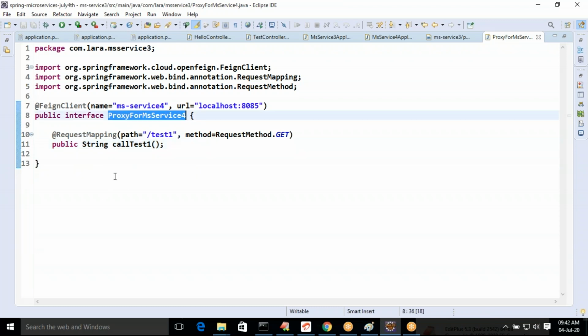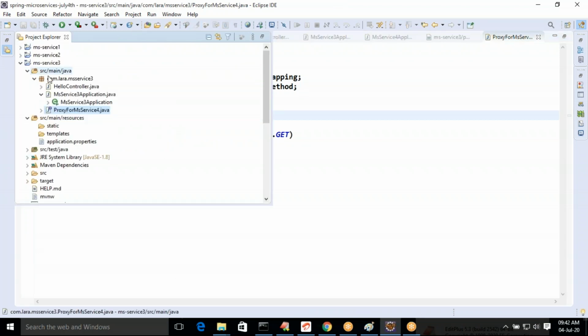You cannot create an object of an interface. You have to ask the framework to wire it automatically. Go to the hello controller.